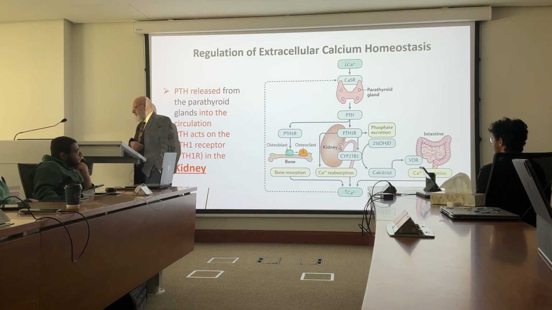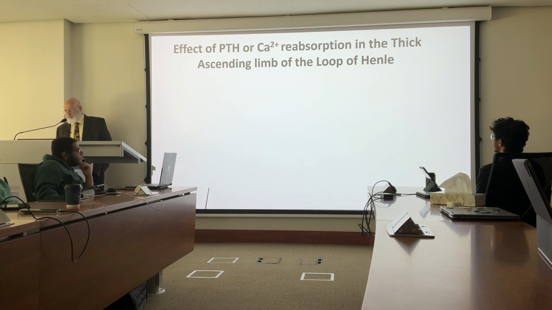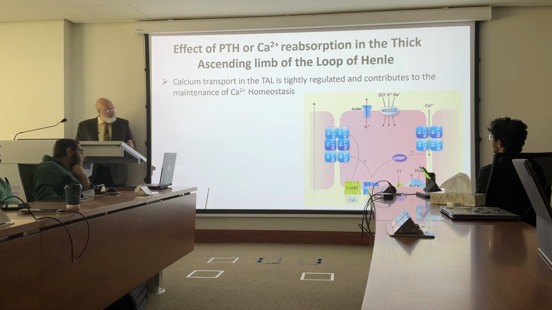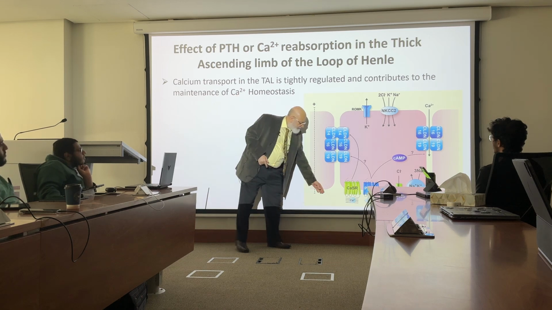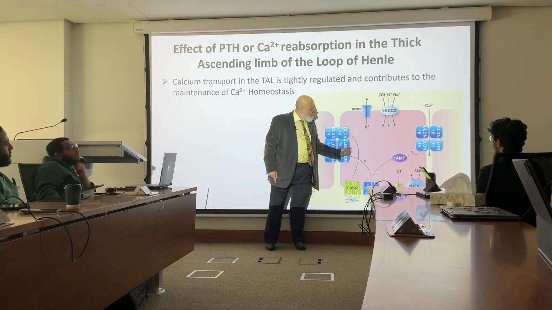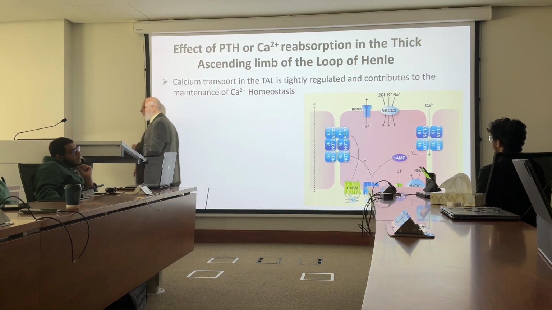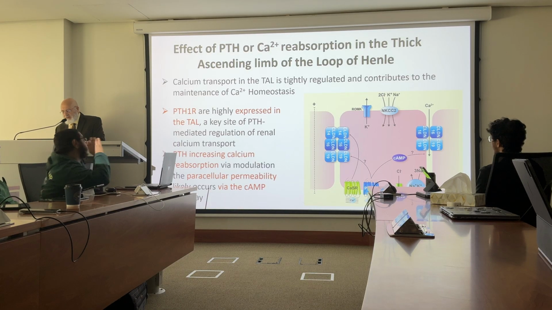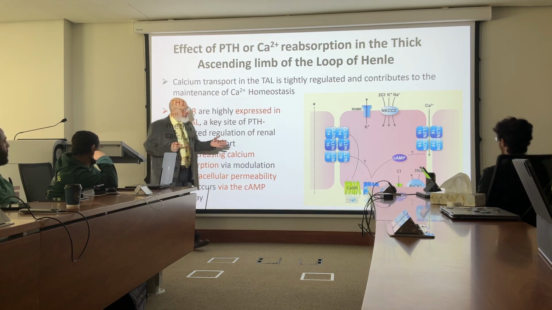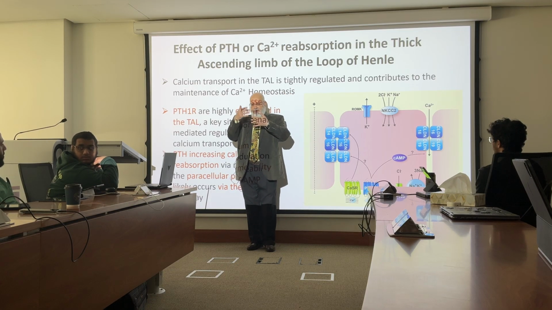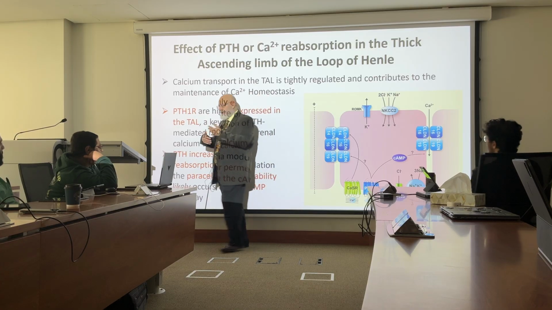So this also happens through PTH, which will work in two positions in the kidney, the thick ascending limb, through LA, which you covered in the kidney lecture, I think, before. So this is the renal cell, and this is the blood, and this is supposed to be the urine. This will be the PTH1 receptor, PTH binds to the receptor, and in this mechanism it will increase calcium reabsorption through what we call the paracellular mechanism. You remember all epithelial cells have to be adhered through tight junctions to close. So we make it a little bit loose. So the calcium goes between the cells, back inside the circulation. This is called